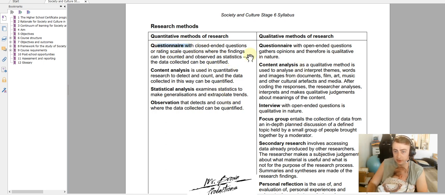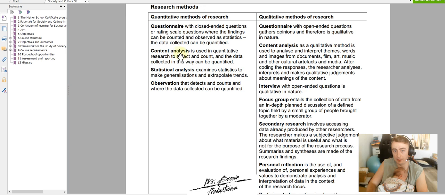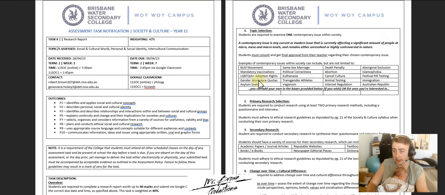So everyone's definitely doing a questionnaire and everyone is definitely doing an interview, but some other ones that you could look at, a really good one's probably content analysis, because it's both quantitative and qualitative in some aspects. But I do think that when you're examining a contemporary issue, a content analysis can be really good. So let's say we're looking at something like